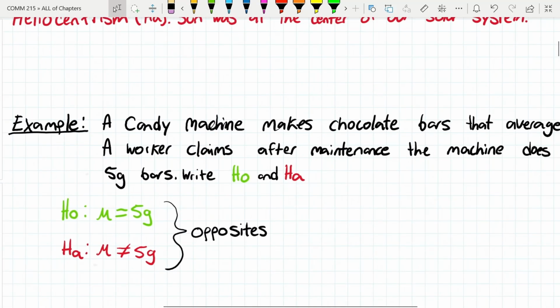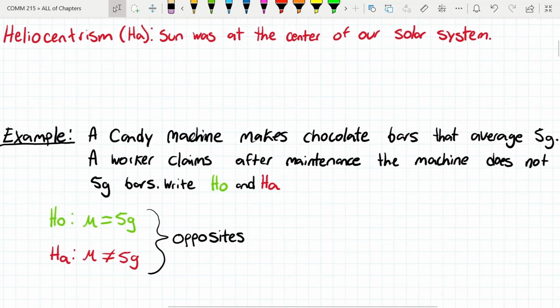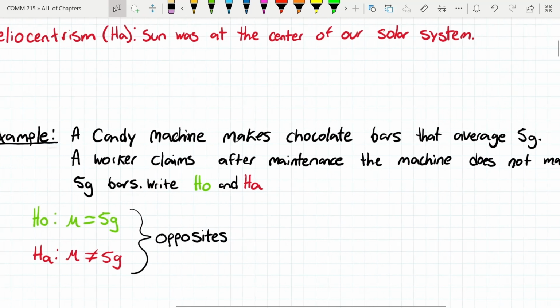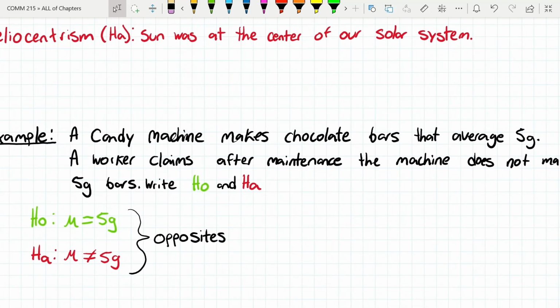What you could see from H0 is that our average is equal to 5 grams, because in the first sentence, a candy machine makes chocolate bars that average 5 grams. But alternatively, a worker claims after maintenance the machine no longer makes 5-gram bars. So in our alternative HA, we have our average, which is mu, does not equal 5